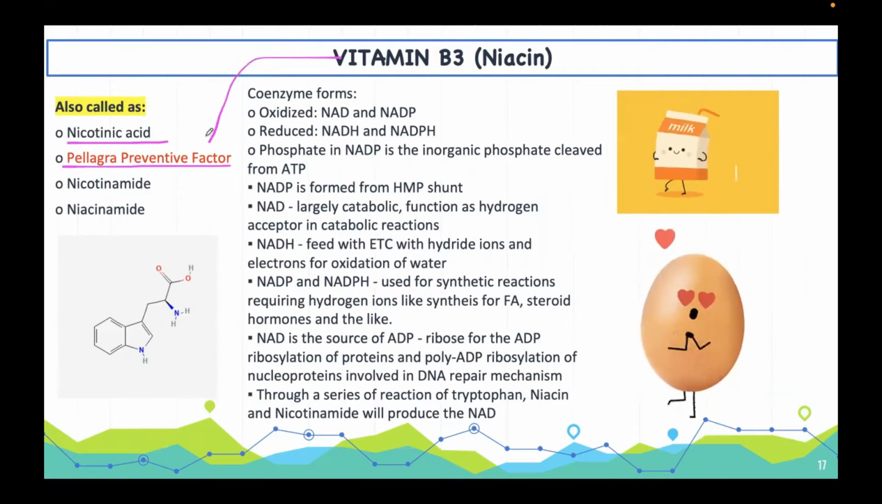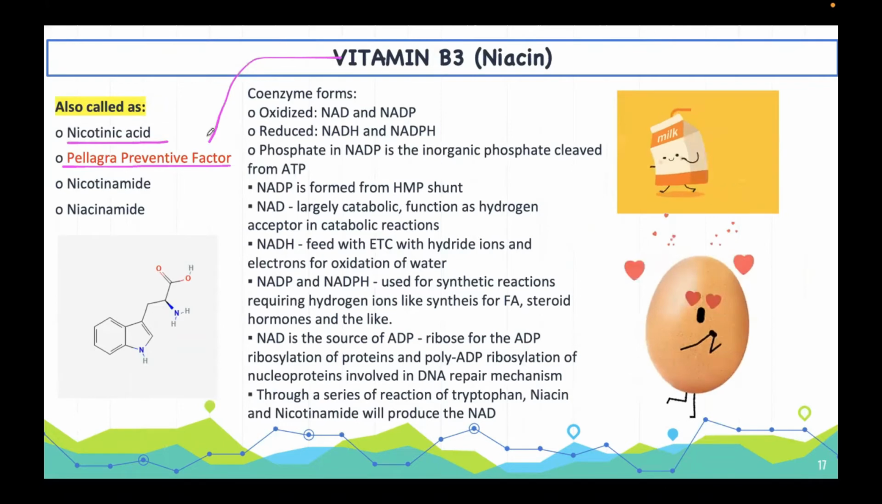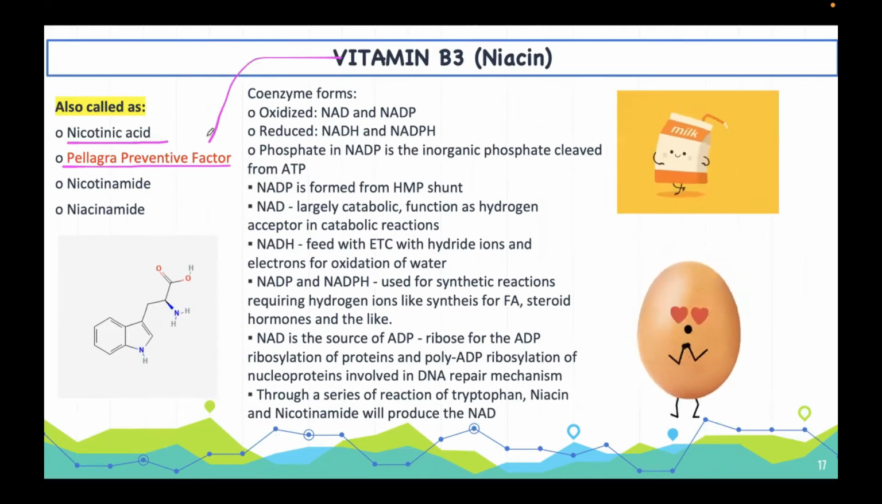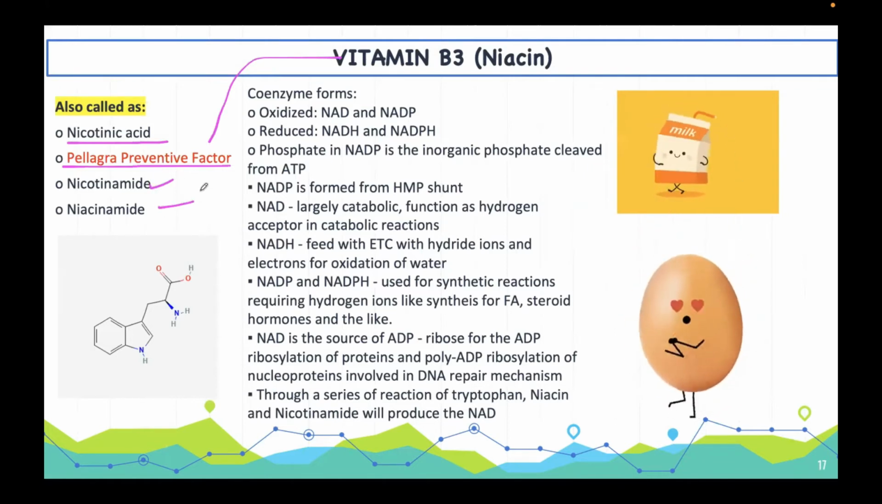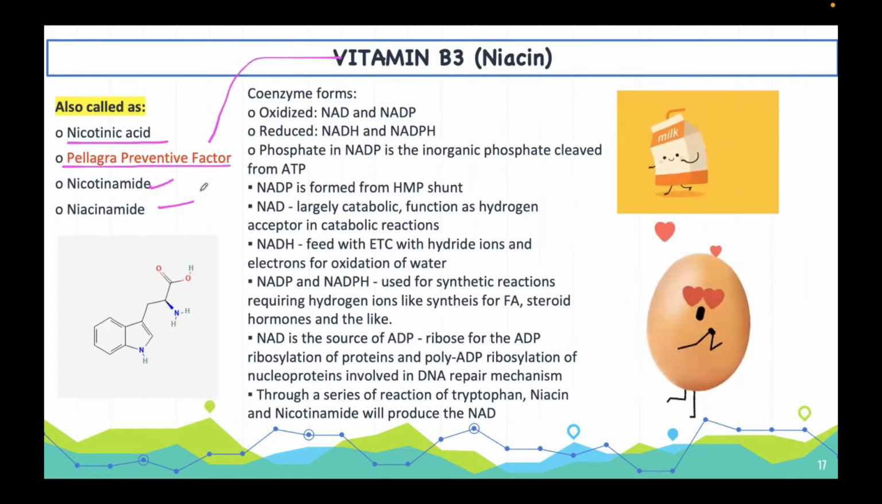Ma'am, ano po yung pellagra? I-discuss po natin yan sa next slide. Pero tatandaan po kay vitamin B3, pellagra preventive factor. Next, it is also called as your nicotinamide or your niacinamide. Ma'am, bakit familiar sila vitamin B3, sila nicotinamide, yung mga also called as niya, yung mga niacinamide? They are substances that are incorporated sa mga skincare. Tatandaan, but in our body, they are in a